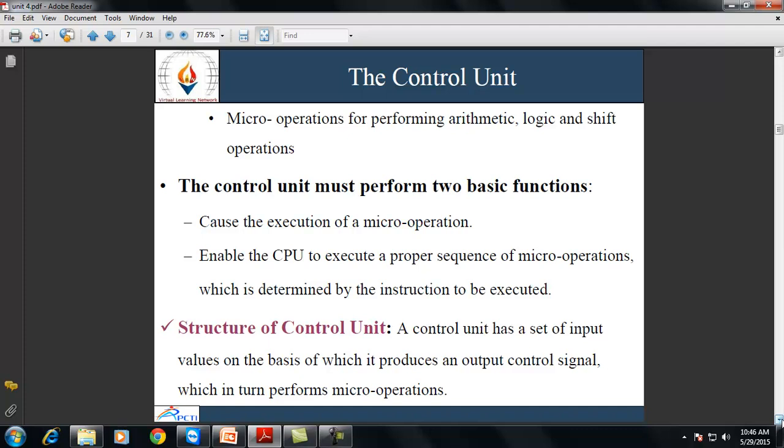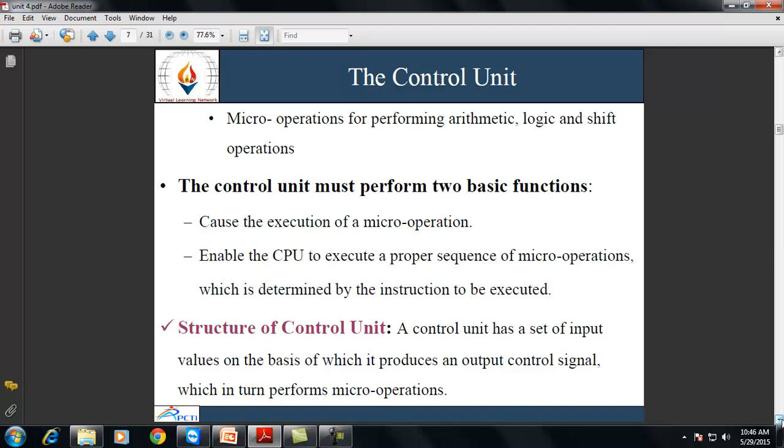So the control unit must perform two basic functions, that is cause the execution of the micro operations and enable the CPU to execute a proper sequence of micro operations, which is determined by the instructions to be executed.